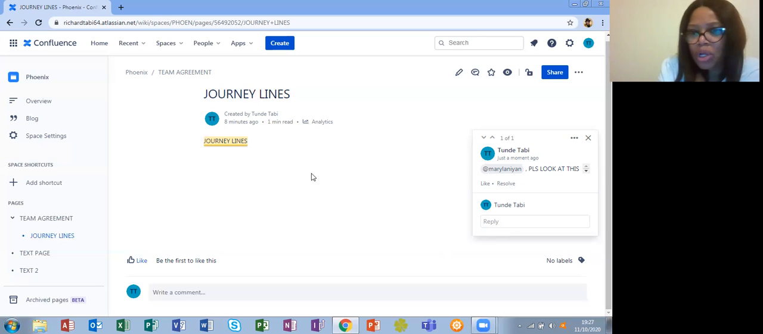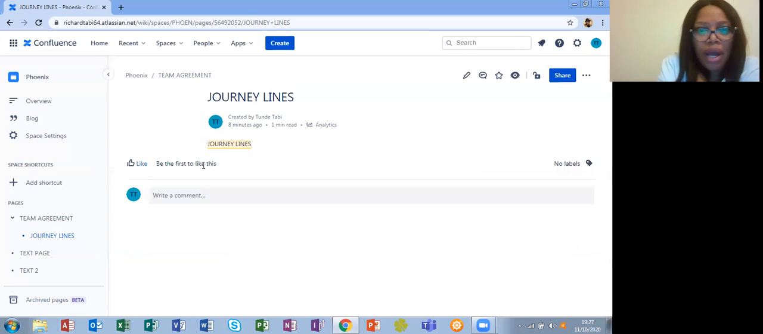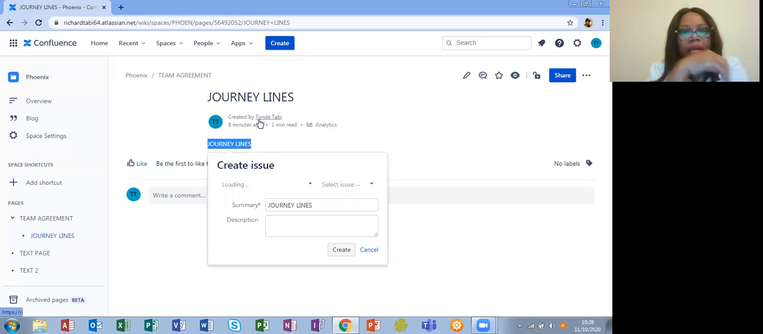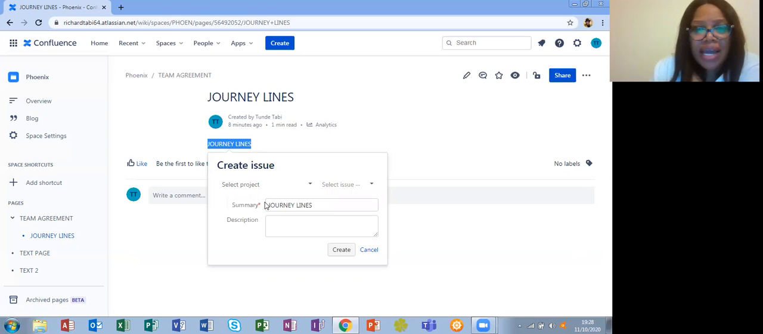Now let's go back again to the highlight. Highlight journey lines again. So close this and close the X. Okay, there you go. Now highlight the journey lines again. Create issue. Now, sometimes